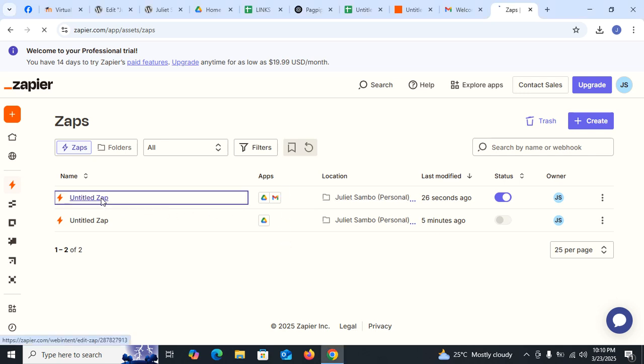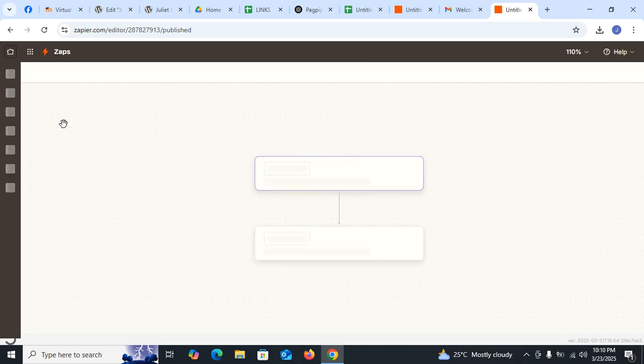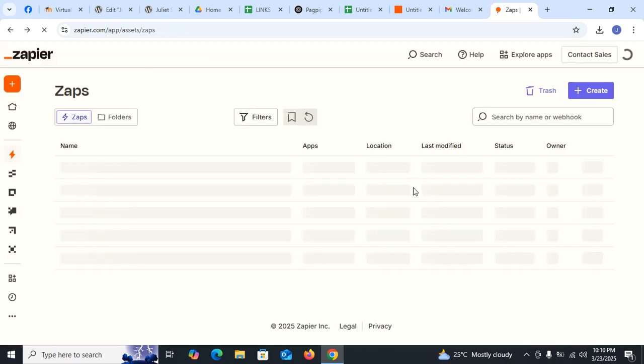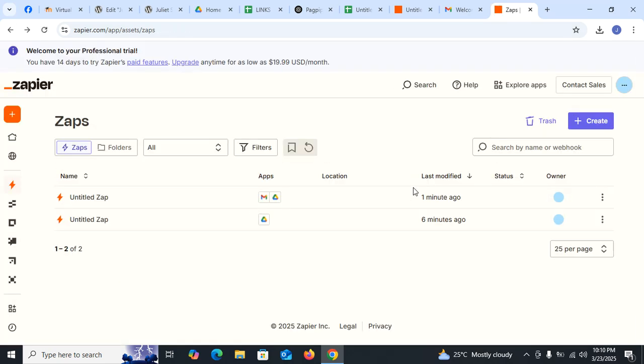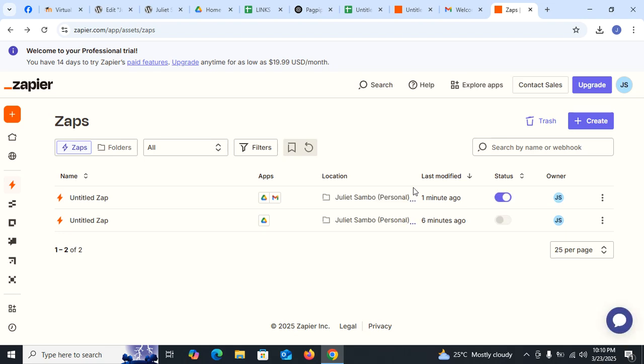You can see here that Zapier will automatically send a message to the email that I connected, which is my Gmail. So thank you. That's it for now.